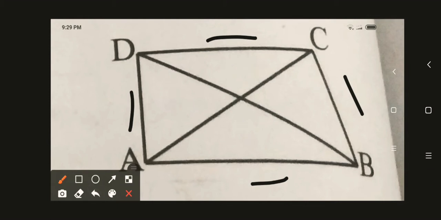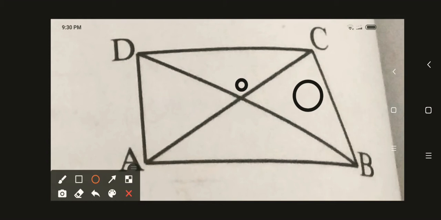So first thing that we'll do is mark the point of intersection. The point of intersection of AC and DB, we'll name it as O. Now the first triangle we'll consider as AOB, and make the equation as AO plus OB is always greater than AB. The second triangle we'll take it as